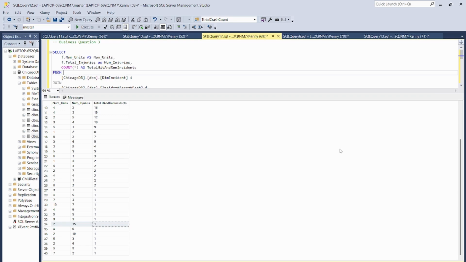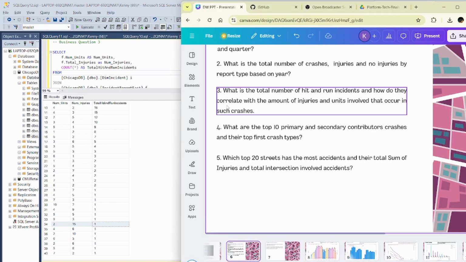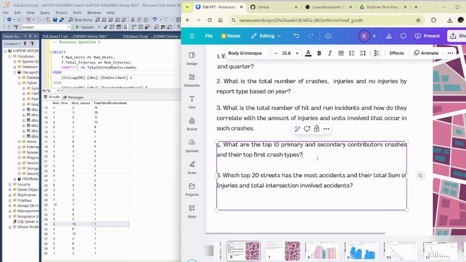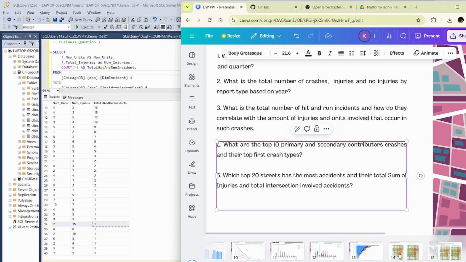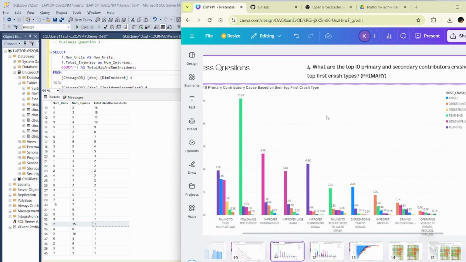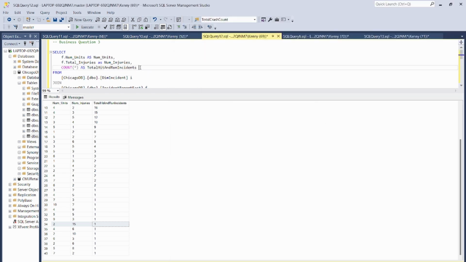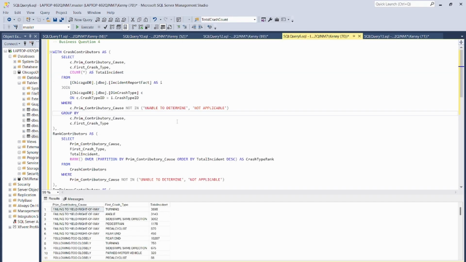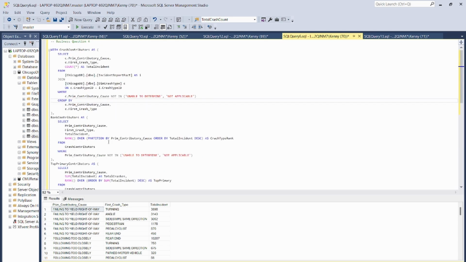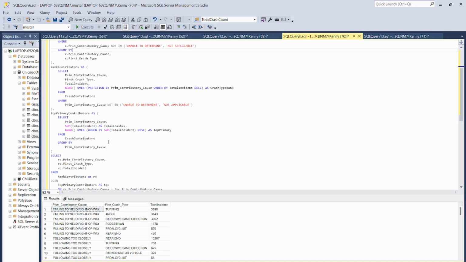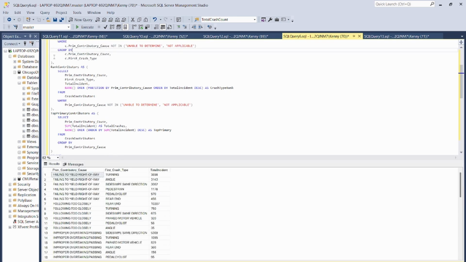So for our next business question, it is number 4: What are the top 10 primary and secondary contributors to crashes in their top first crash type? So if we go around here, first we queried the primary. As you can see, this query uses a CTE, which I learned from Datacom, because this question is quite complex. So if we run it,